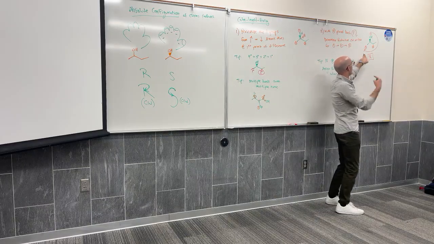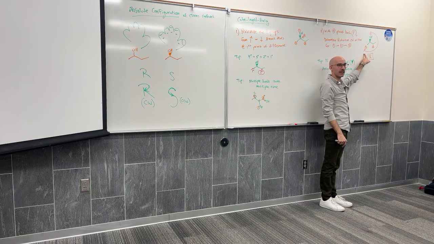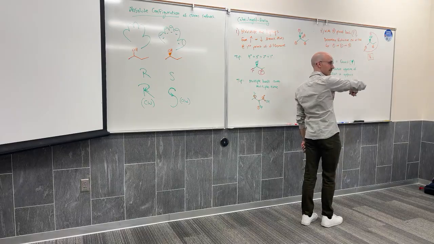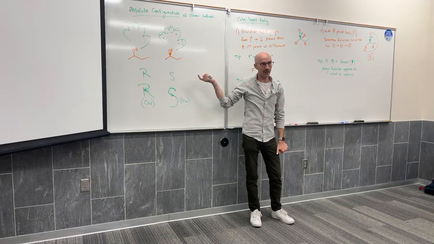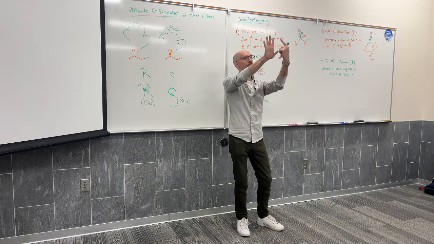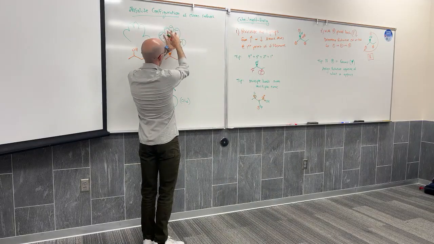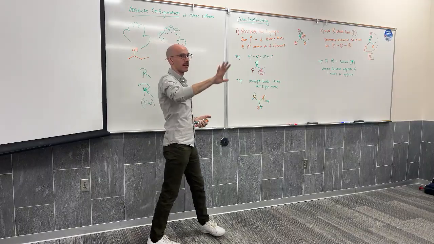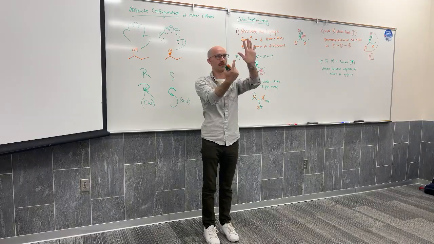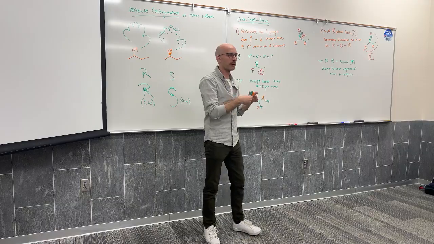If I could step behind the plane of the board and look at this arrow, my arrow would look like it is not going clockwise, but it's going counterclockwise. So if your perspective is wrong, then you just assign it opposite. I'm telling you that my thumb to pinky clockwise is my left hand if my palm is going forward or away from me. But if my palm is going forward, thumb to pinky is counterclockwise for my left hand. So you have to determine the rotation, assign it opposite.